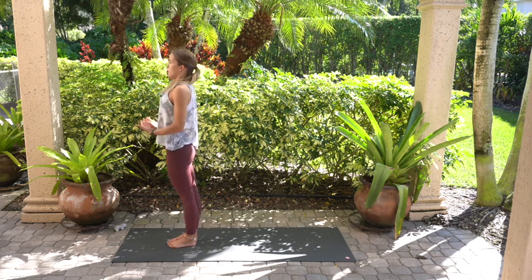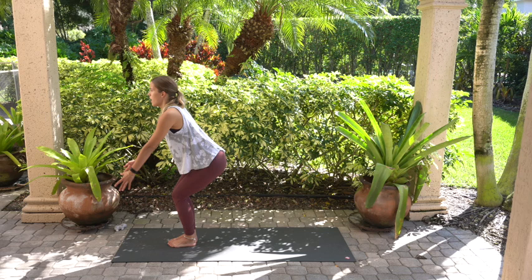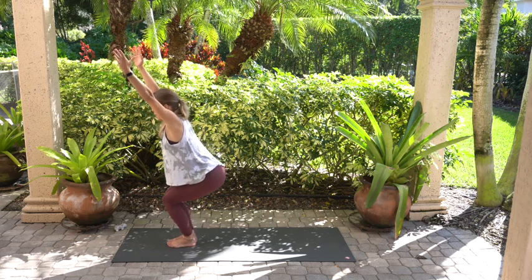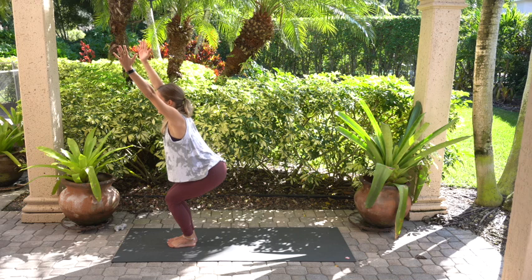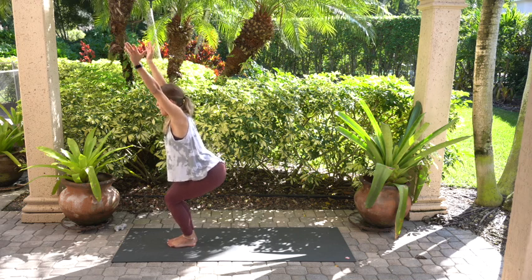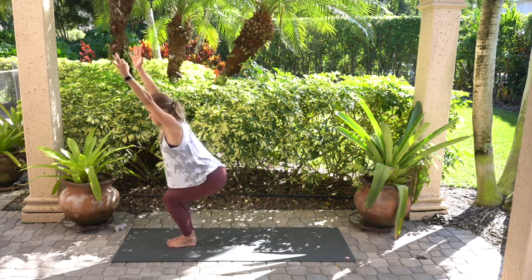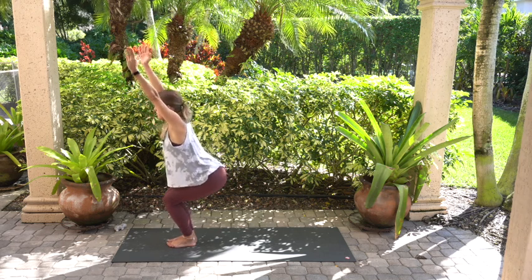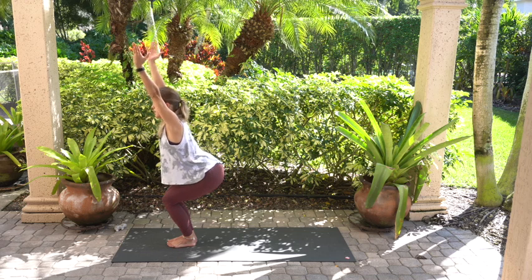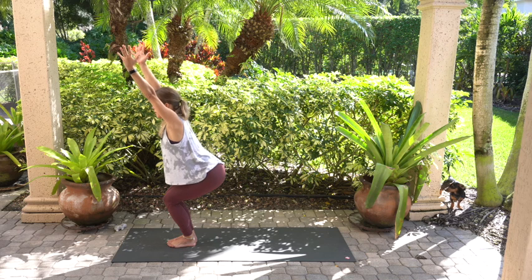Here we go. We're going to come through 2 Surya Namaskar Bs. Inhale, chair pose, lifting the torso, dropping the hips, making sure the knees are behind our toes. As we lengthen through the spine, broadening the collarbones. Hold. Feel the fire of this very engaging pose. And in the next exhale,